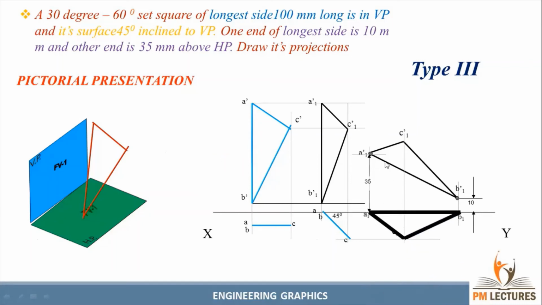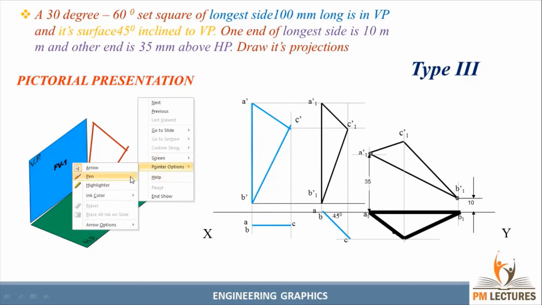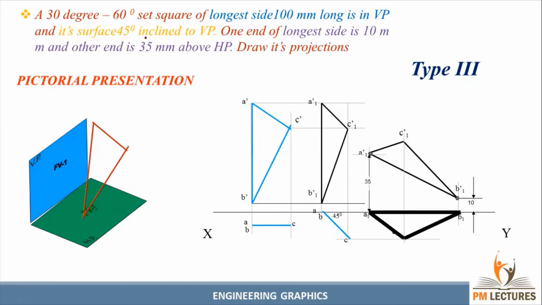This is the darkest line, and other lines must be lighter, and the projection lines are very light, guys. So once again, please remember, guys, the first step: we need to find whether the surface inclination is given or not. Here the surface inclination is given. The surface is inclined to VP. Inclined to VP means the true shape is parallel to VP. So in the first initial position we need to draw the plane parallel to the VP, so we can get the true shape in the VP and you can visualize it in the front view.